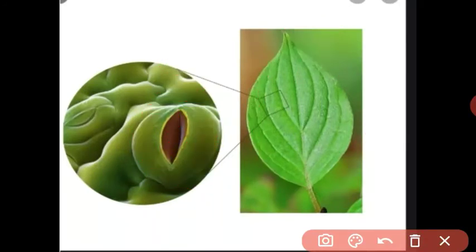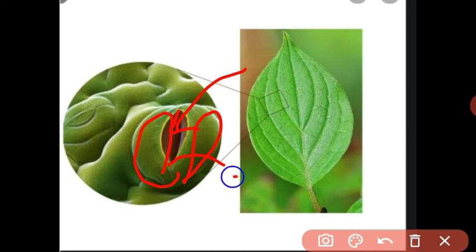In photosynthesis I explained how the guard cells open and close. Because of turgidity and flaccidity, the guard cells open and allow the exchange of gases. With the help of stomata, the plant can take in oxygen and throw out carbon dioxide by the process